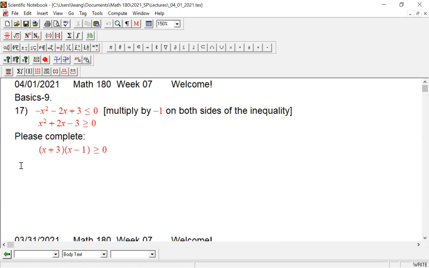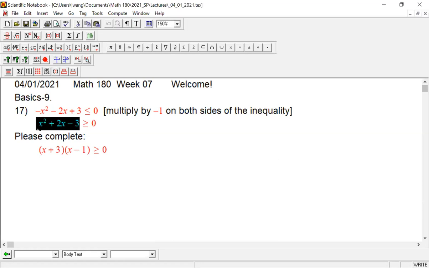And by this time you envision this is a parabola. This parabola opens up. The original one opens down, right? But it's asking for less than or equal to 0, so this one opens up, greater than or equal to 0. So whichever way you do it,